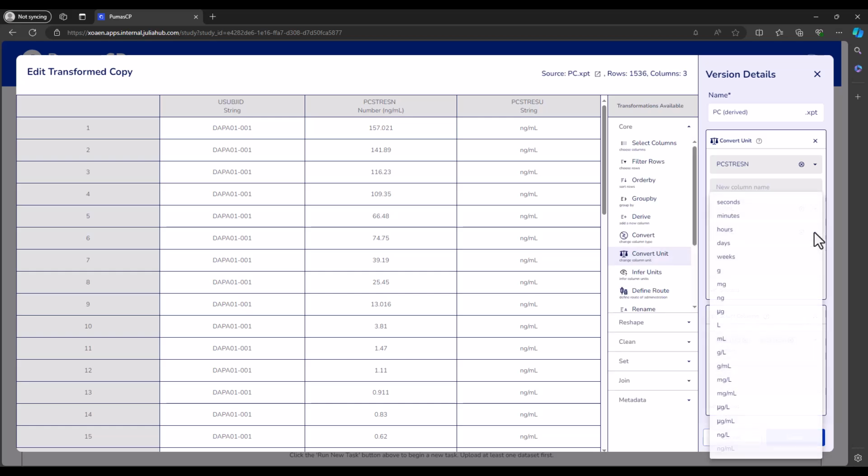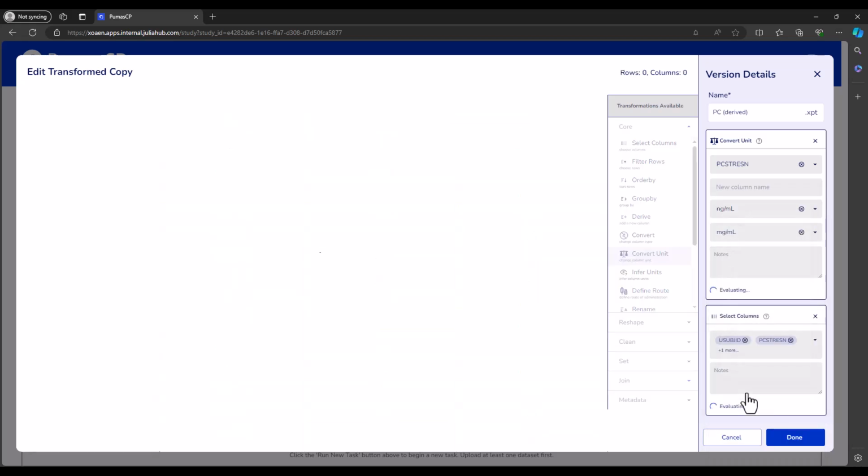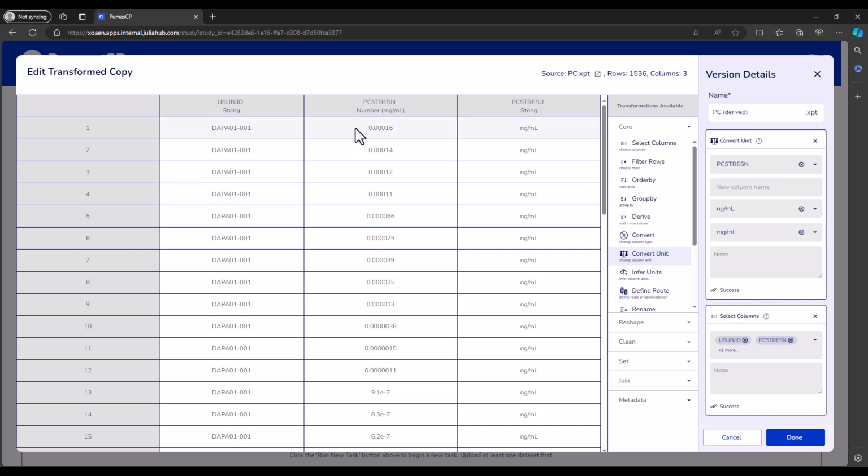So I can choose this and say convert this data, which is in nanogram per ml, to a different unit. Let's say milligram per ml. You can choose this, and you see that the conversion has been performed. So you can convert between units as well in the data wrangling workflow. This conversion may require some calculations. You can use the derived column as well to perform that, but you can directly use this convert unit function